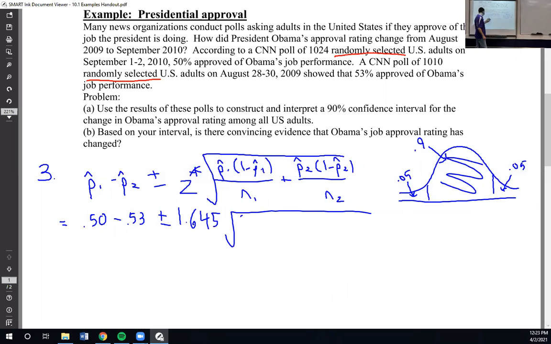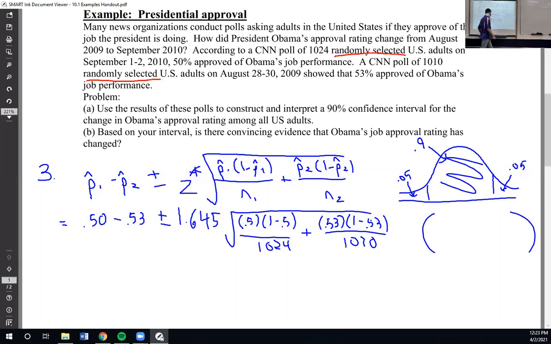And then here comes our standard error formula. And from here, the calculator is going to take it from there and give us our confidence interval. So we have formula, we have plug in the numbers, and then we're going to get our answer. So on the calculator,